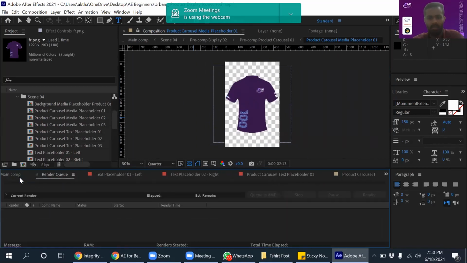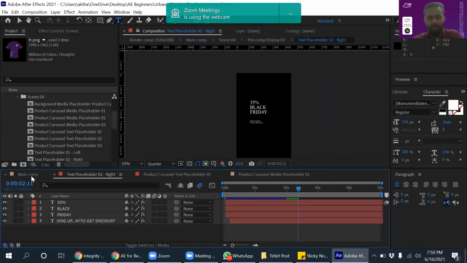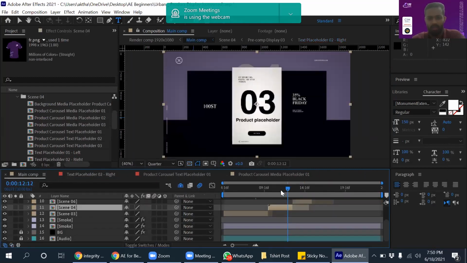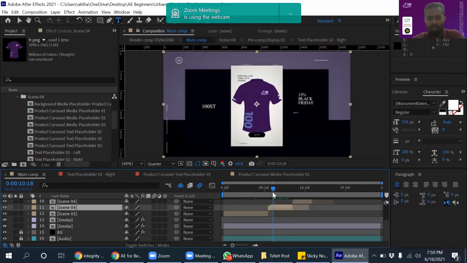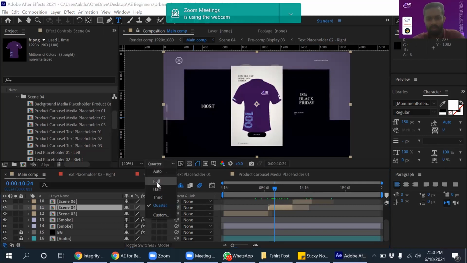Right. So on the first placeholder, it shows the t-shirts image. There is a button called buy now below, and if you look clearly, there will be one